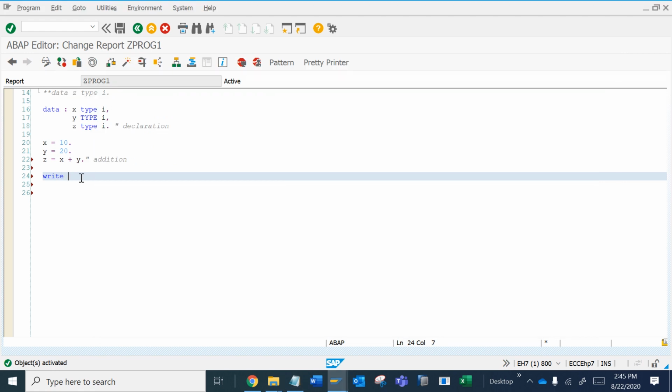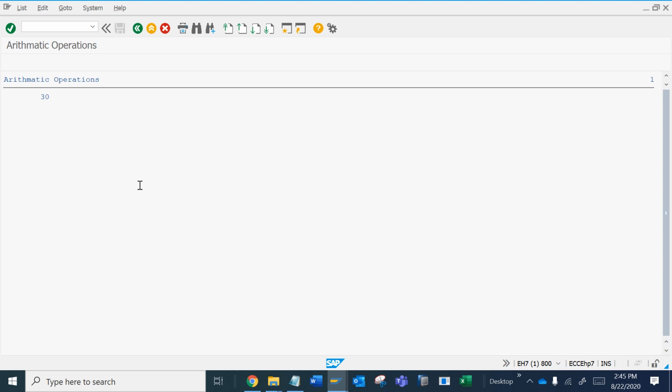To display we will use write, then the variable which you want to print, then a dot. Now let's check our output. We'll do F8. See, our value is coming as 30, which is the sum of two numbers.